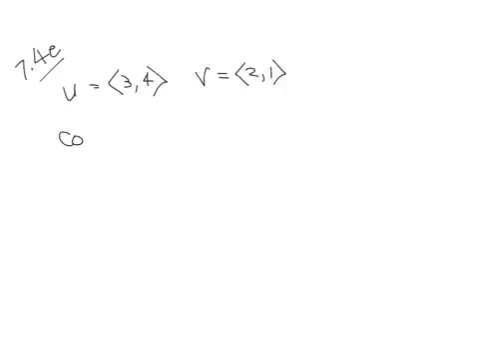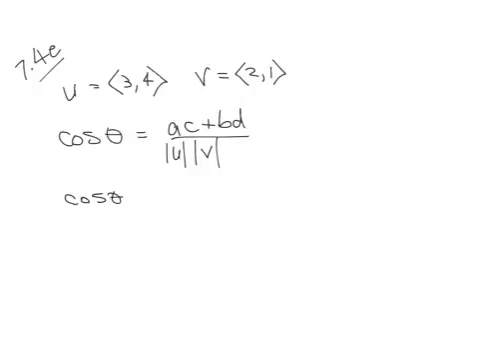Alright, let's take the final equation that I gave you, and instead of u dot v, we used ac plus bd. The book doesn't teach that. I'm not sure why. Now we're just going to fill in the blanks. So the cosine of theta is going to be ac plus bd over